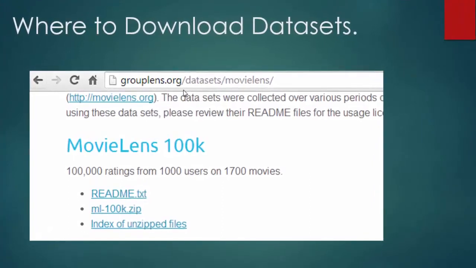To download the movies dataset, log into your virtual machine, then navigate to the grouplens.org site. This site